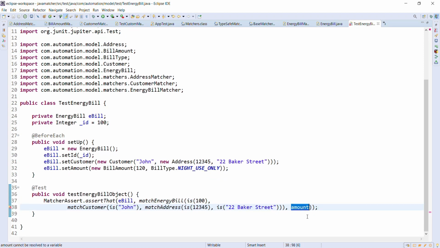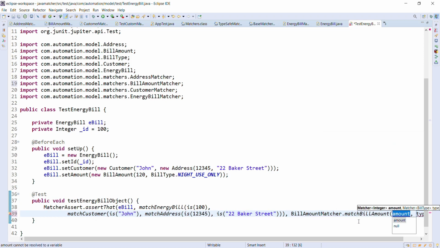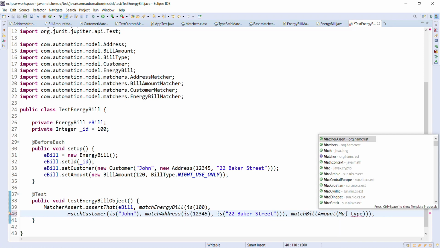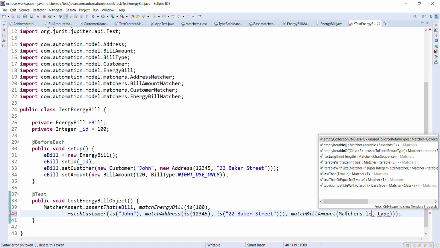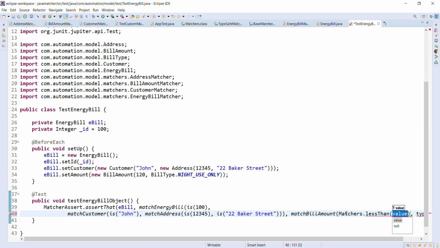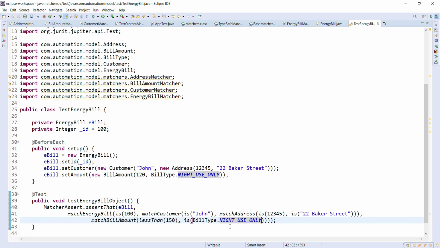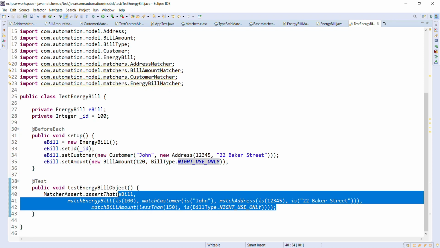And the last parameter which we need to pass is of type BillAmountMatcher. So this is how you can use your custom matcher to validate the content of the complex object.